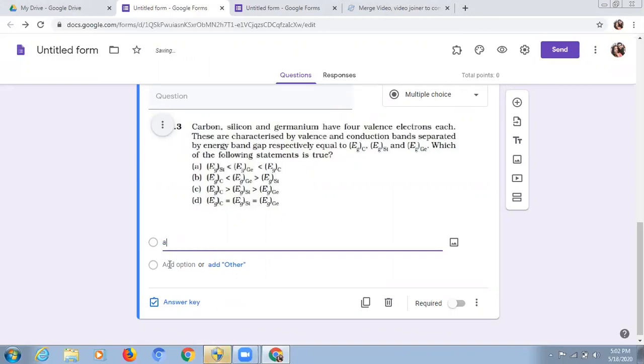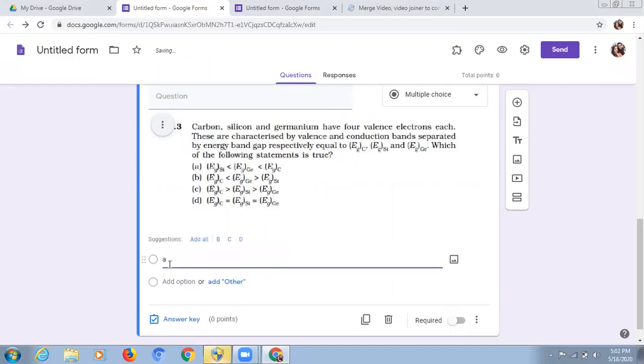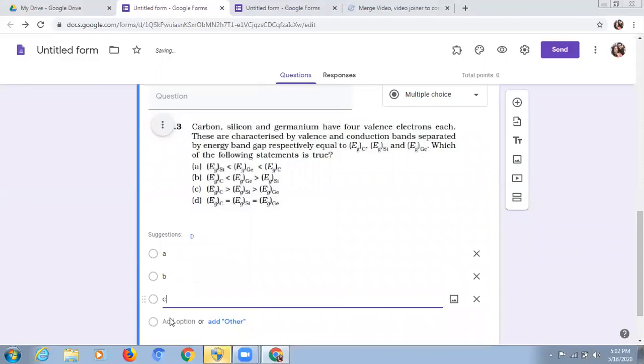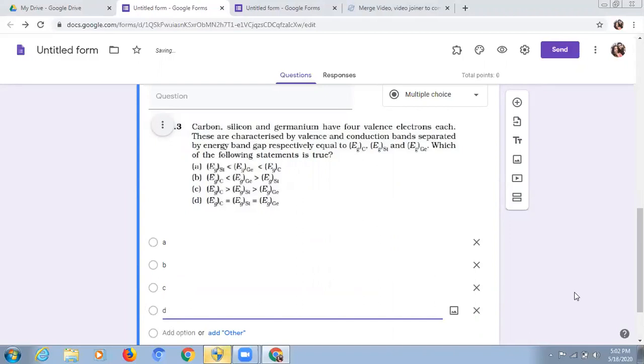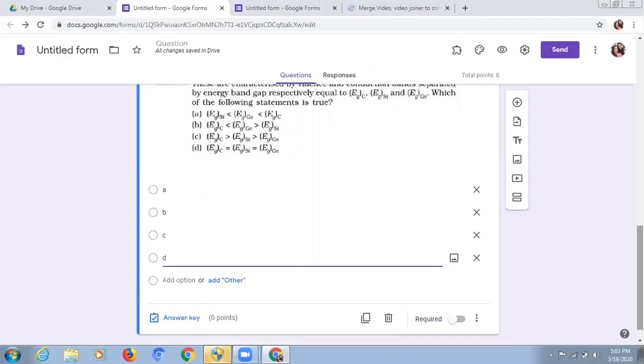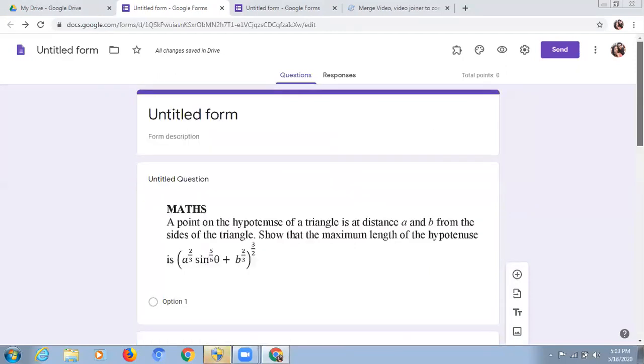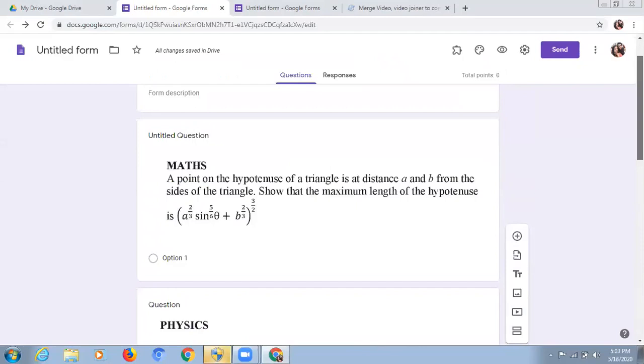options A, then here B, then C, D. And then how to set the answers, how to make them required, all those settings have been explained in my first video. So this is how, suppose that if the answer is C, in that you could specify the answer as C. So if you have questions like in this form also, and you have those questions in the picture form, you could definitely incorporate those questions like this. So this will make your task easier, I suppose.